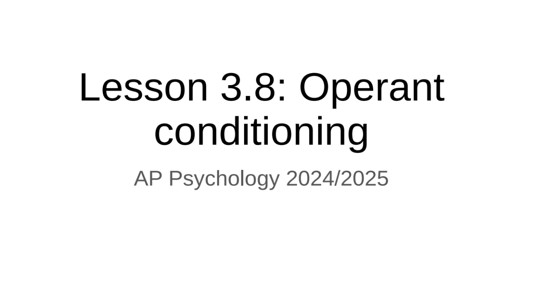So the first thing you need to know are the learning objectives of this video. You need to be able to describe how operant conditioning works. We're going to talk about two scientists, Thorndike and B.F. Skinner, and how this theory came about. We're going to look at positive and negative reinforcement as well as positive and negative punishment and what those mean. And we're going to talk about reinforcement schedules. So let's take a look and dive right in.